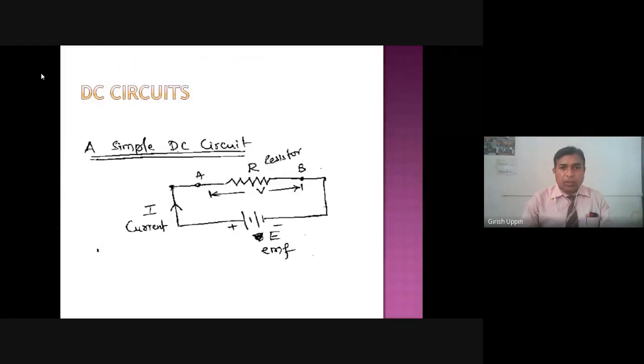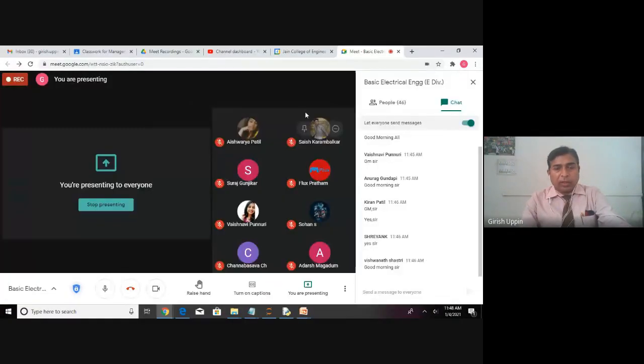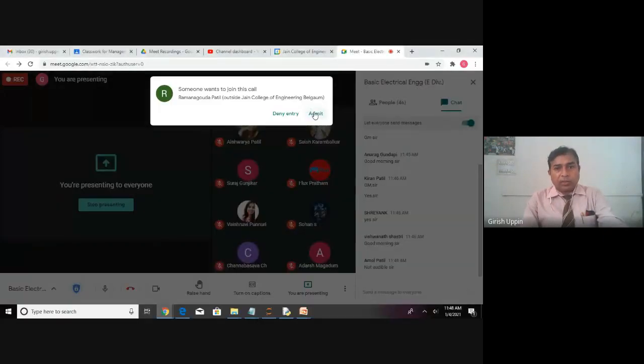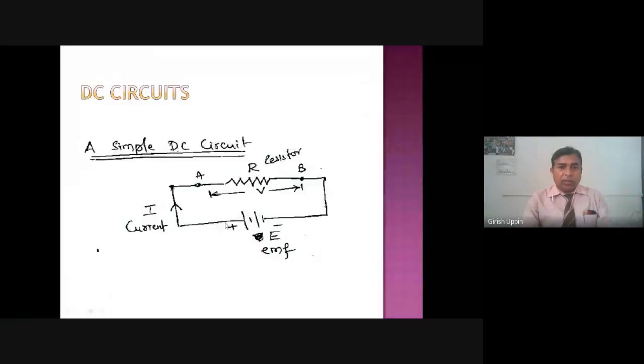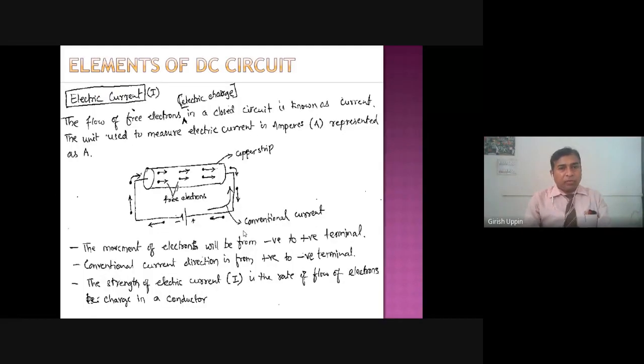This is a simple circuit. In a circuit, we will have active components. We provide energy to the circuit, and there are some passive components or the sinks which take energy, and it is connected with the conductor so that it forms a closed electrical path, and current flows from the positive plate of the EMF source or the voltage source through the resistor to the negative plate of the EMF source or the voltage source. And we understood what is electric current.